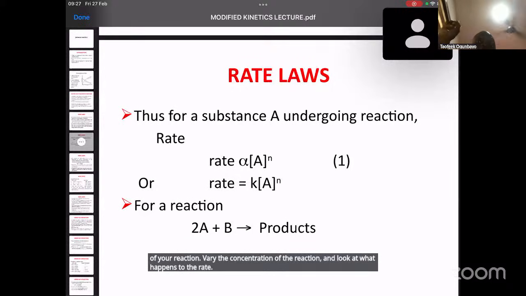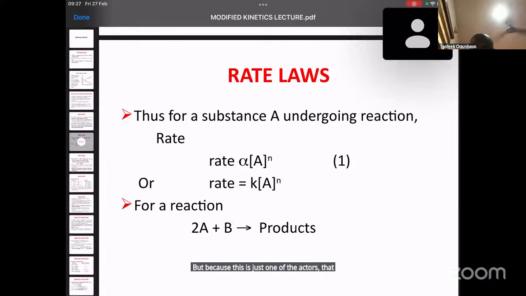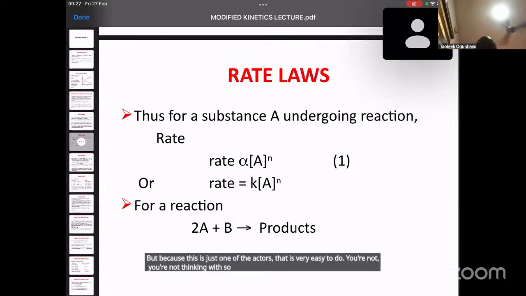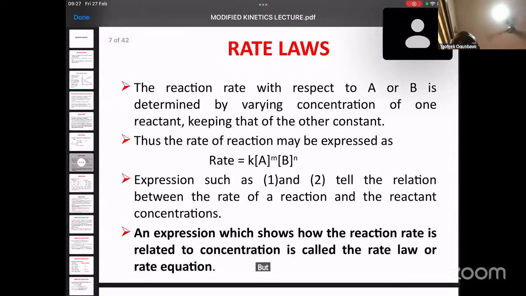Because this is just one reactant, that is very easy to do. You're not tinkering with so many things here. But now, where you have two reactants, how do you do that? So it means that what you do here is you keep